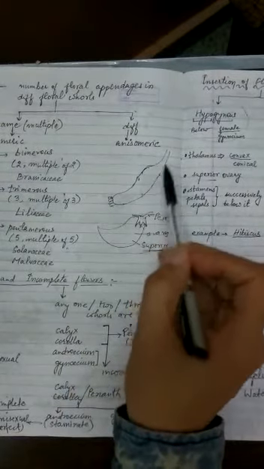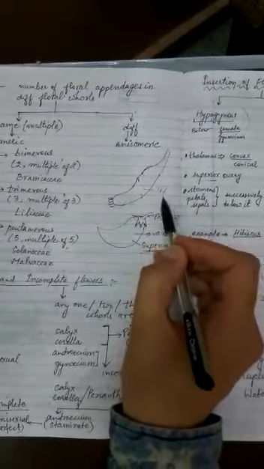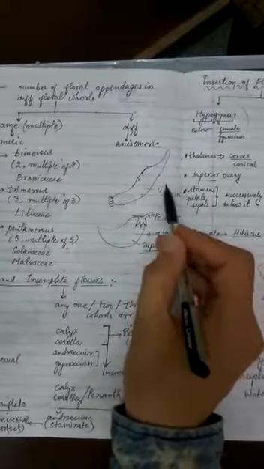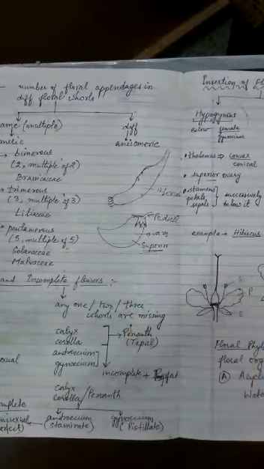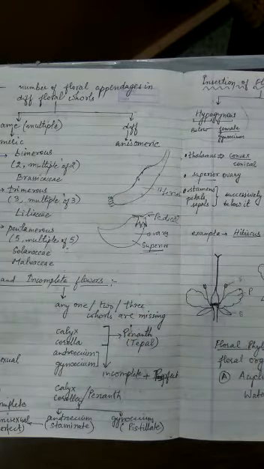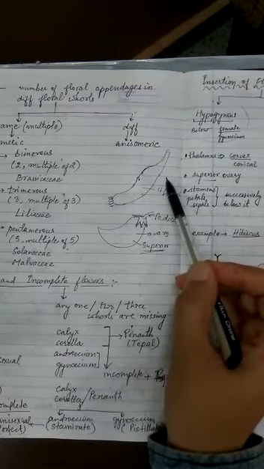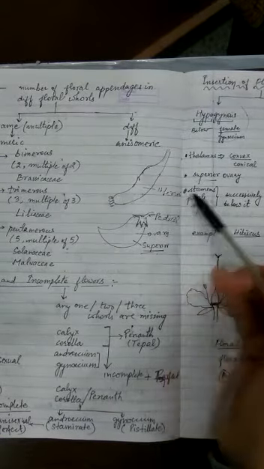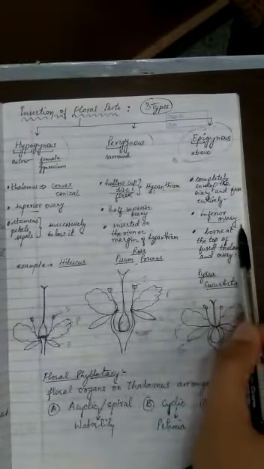So whenever the ovary is closer to the pedicel, you will call it inferior ovary, and whenever the ovary is farther from the pedicel, you will call it superior. So by looking at a fruit, you can easily make out whether the flower was superior type or inferior type. So you can say banana develops from which type of flower? Banana develops from epigynous flower, because the ovary is inferior in the case of epigynous.